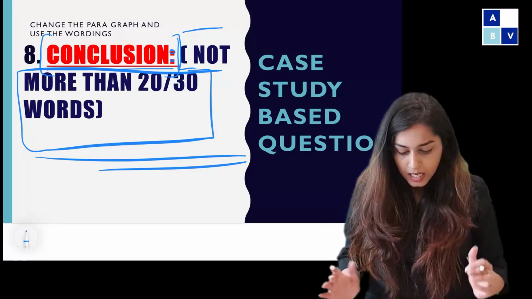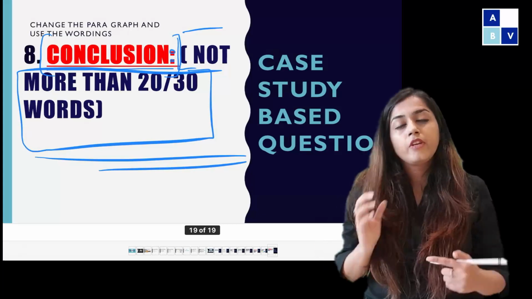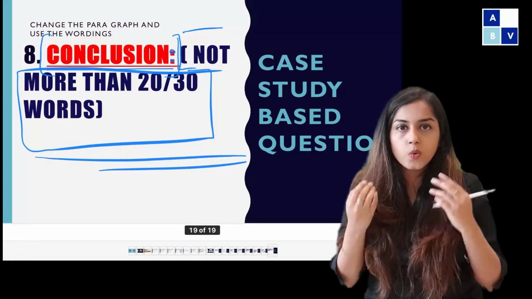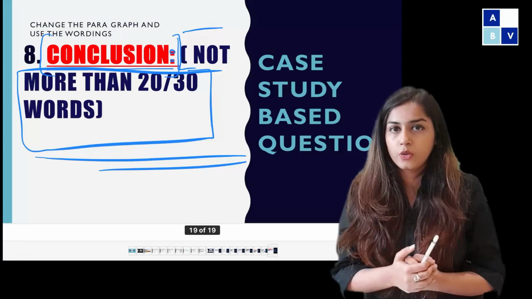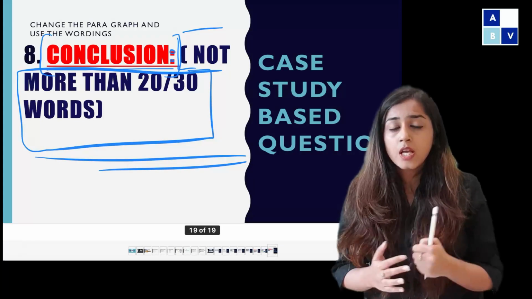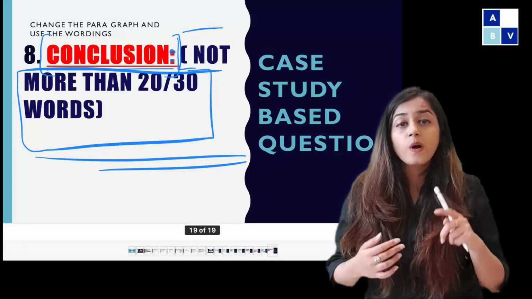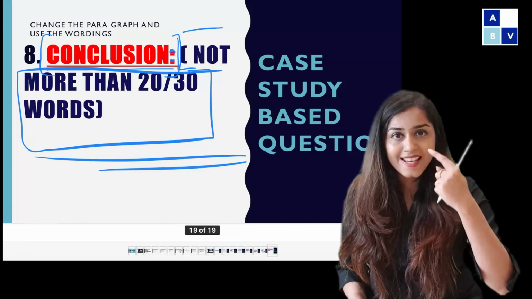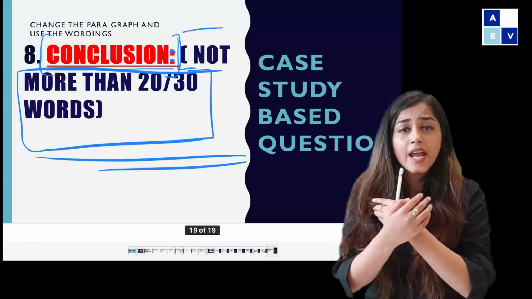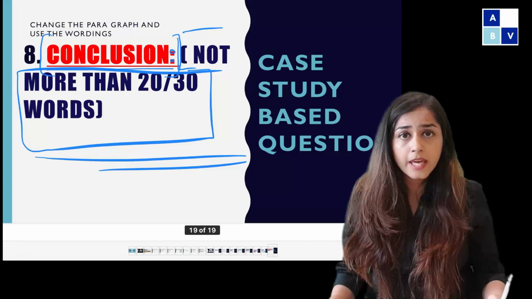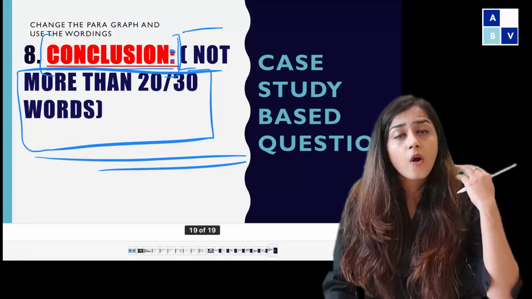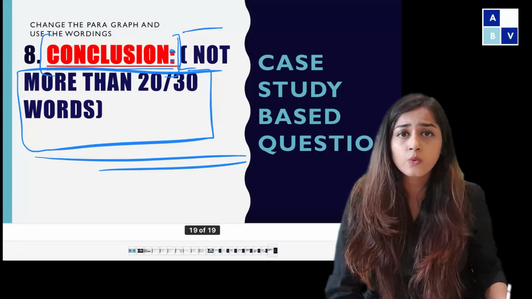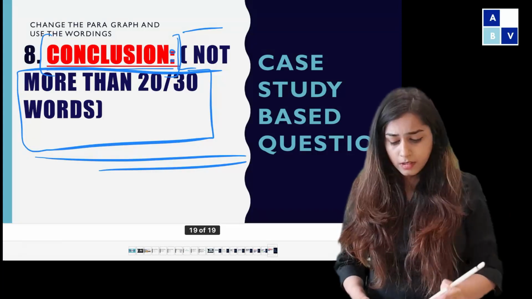Now, this problem may arise when you know the whole text but you don't know how to write the conclusion, or you are not sure about the conclusion. Then what to do about it? My recommendation would be, you attempt the question in the series as I asked you to do. Section number, text, whatever it is, just do it. In this present case study also write your interpretation, write your interconnection, whatever you want to do, but do not write the word conclusion.